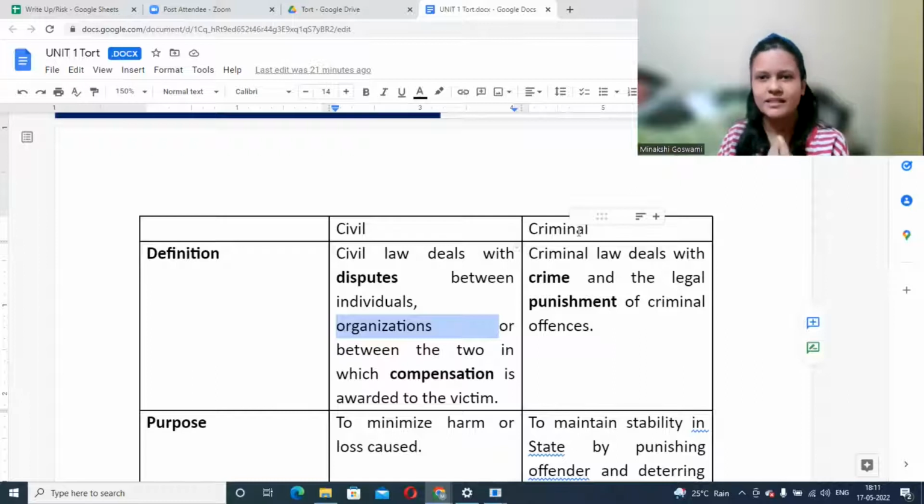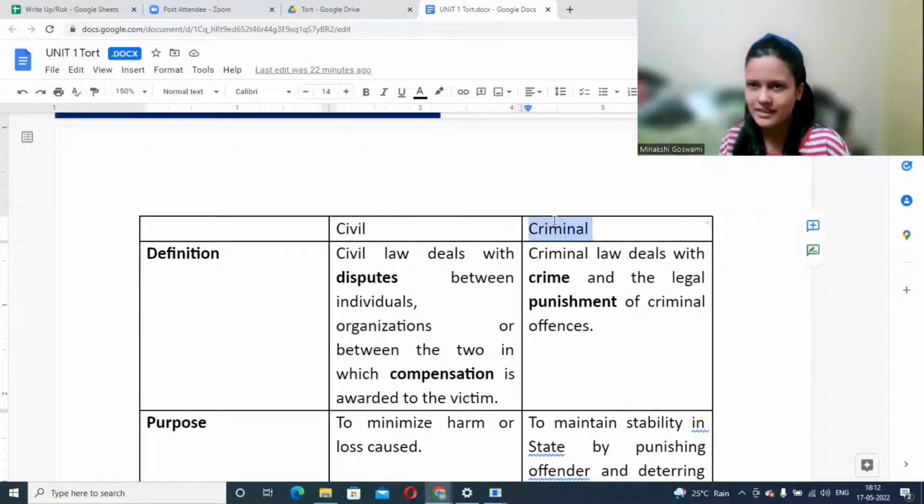Okay, even though it is committed against one person, definitely you are not murdering entire Indians. No, you might have murdered one person, but it is as if you have not committed the crime against that one individual, but because of you, the state failed in its duty. The state could not ensure their safety because of you. So it is considered as a crime against the society. Even though you are affecting one person, it's not like you are affecting one person. In most of the criminal cases, it is considered as if you are affecting the entire state, entire society. All right.